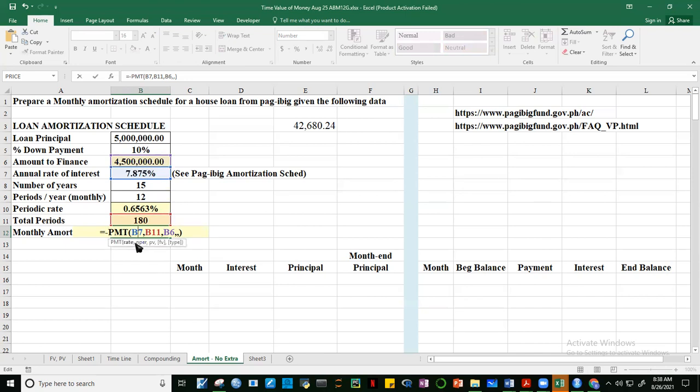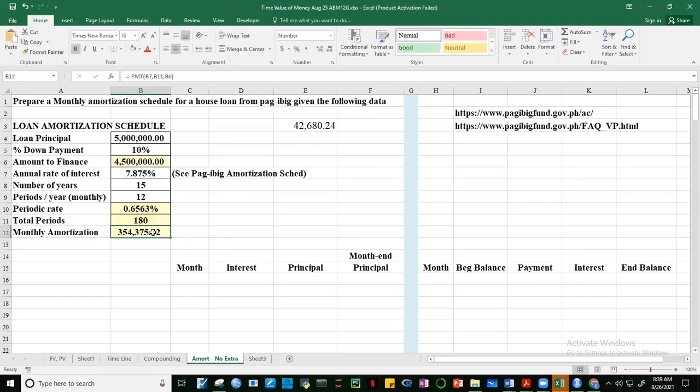Okay, let's see. Anong rate nyo dito? B7, 7.875, okay? And then, number 2, NPER is B11, 180, okay? And then number 3, B6, present value. Okay, then comma, so ibig sabihin wala na to, can just remove this. Okay, so B7, that's our rate, 7.875. B11, NPER, that's 180. And then PV is B6. Okay, so we get an answer equal to